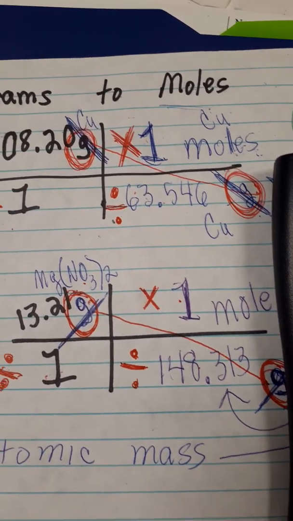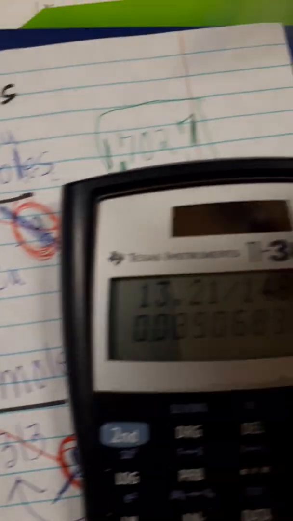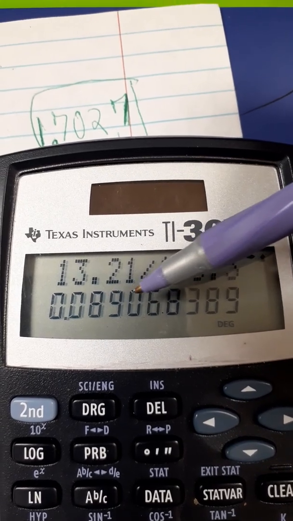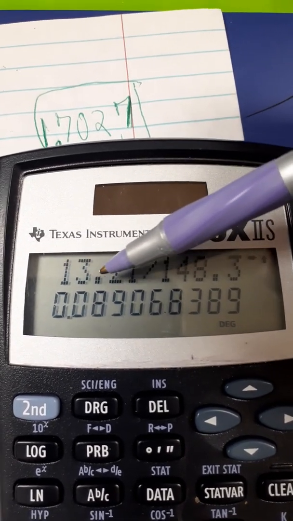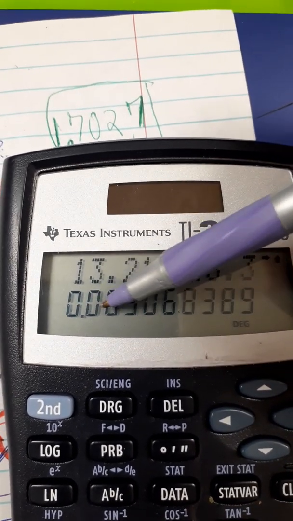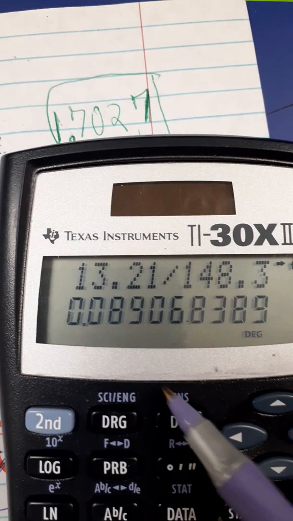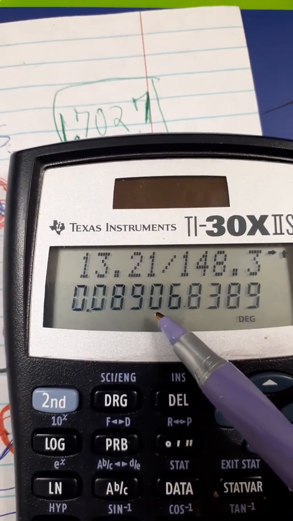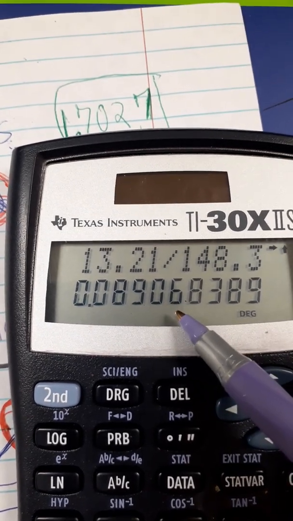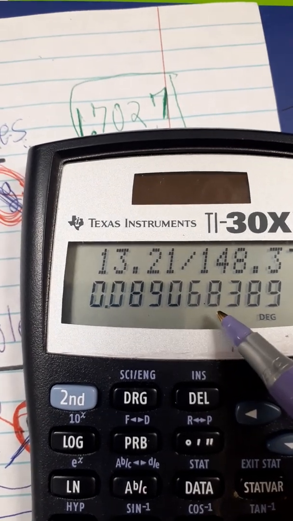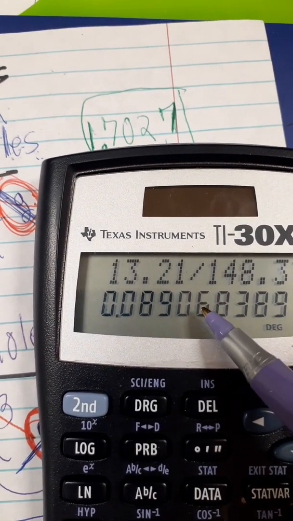148.313, and the answer is, notice it's a decimal, 0, 8, 9, a whole bunch of numbers. Look, 1, 2, 3, 4. I have 4 digits that I have to keep. Zeros in front don't count when we count significant figures, so I'm going to keep the 8, the 9, the 0. Now, the 0 is the 3rd digit. The 4th digit is actually the 6. It's followed by an 8. So the 6 will become a 7. So my final answer is